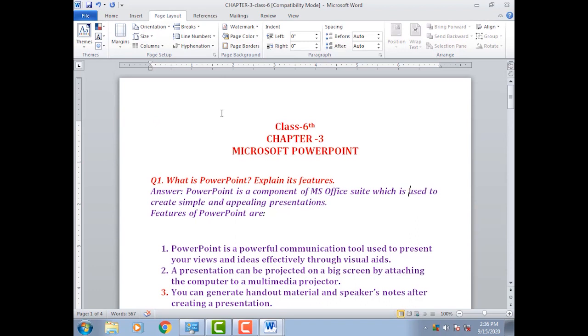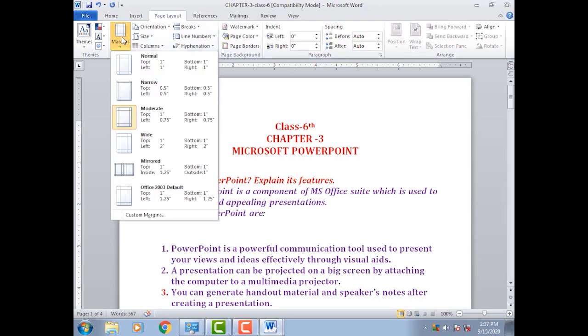Now if you want to create custom page margin settings, let us see the steps. Same process, go to the Page Layout tab. Then go to the Page Setup group. This part is called the Page Setup group. Select Margins, click on Margins. A margin gallery will appear. From this margin gallery you have to select Custom Margins. This is your Custom Margins.